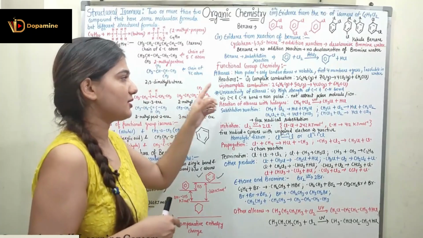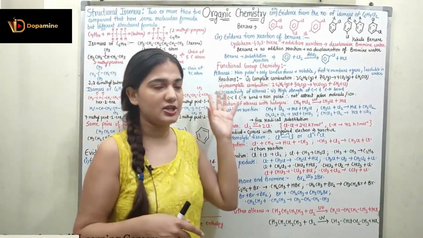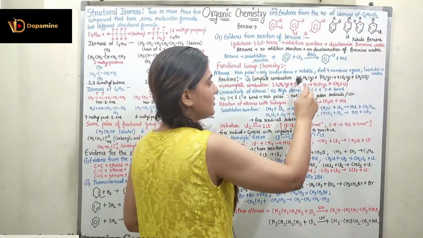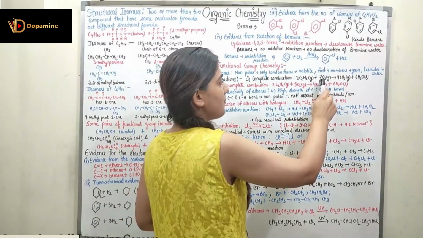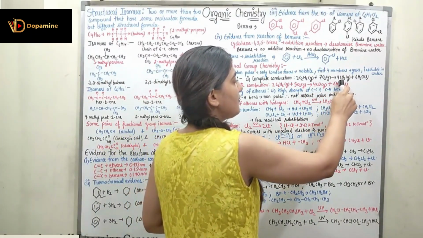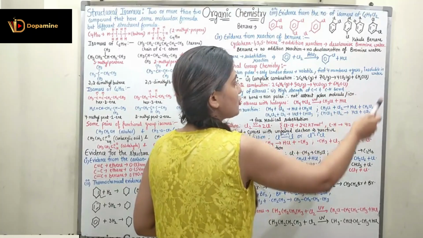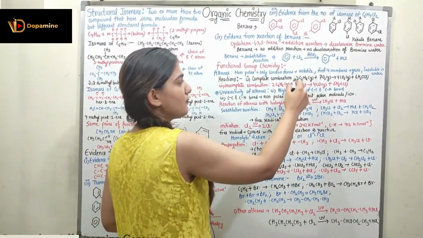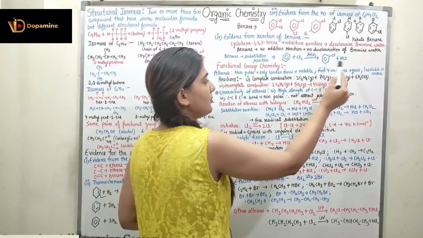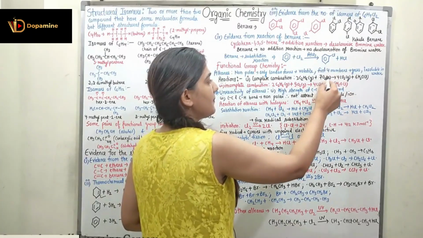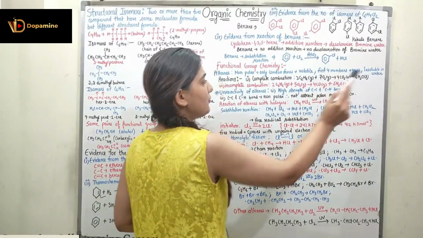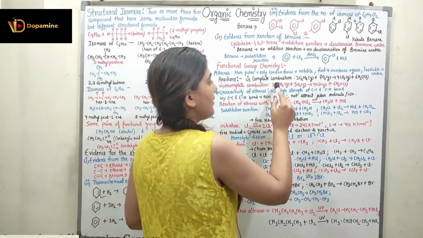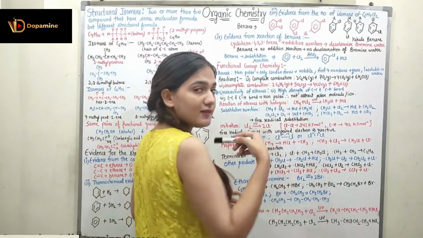So coming to the reaction, the first reaction is about the complete combustion, where you can understand this reaction with the help of this equation. So 2C2H6 in gaseous form plus 7O2 is going to give me 4CO2 in gaseous form plus 6H2O. So here what is happening? C2H6, which is my alkane, is going to be oxidized in the presence of 7O2 to give CO2 and H2O only.